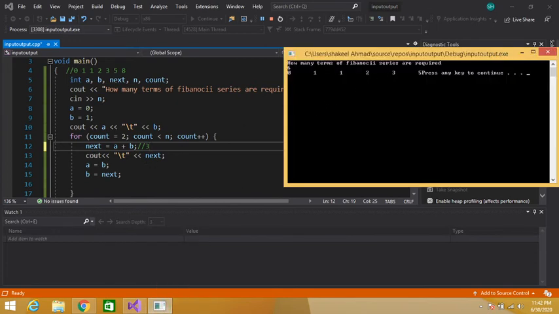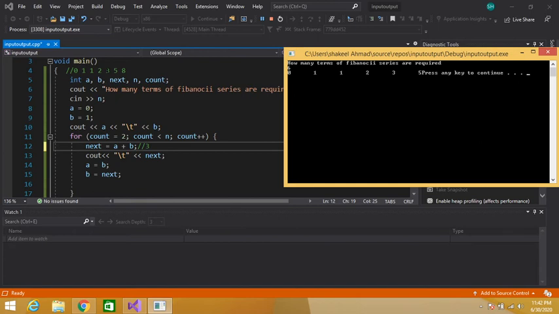And 3 is printed, and then we see that our B becomes A. Our B was previously 2, so this 2 becomes our A. Now A becomes 2, and next contains 3, so we are assigning the value of next to B. This 3 is assigned to B, so our B now becomes 3.